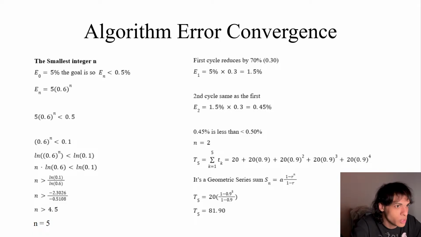We can run for 70% instead of 60. And so since we already know the n,